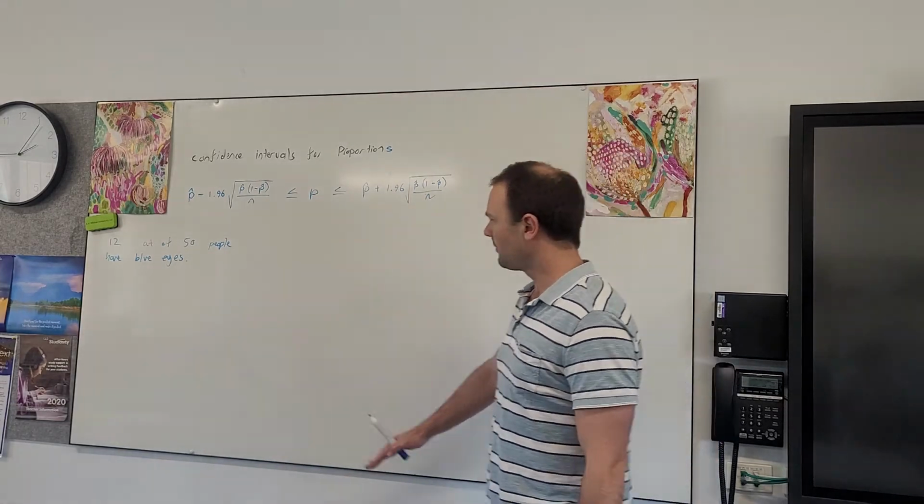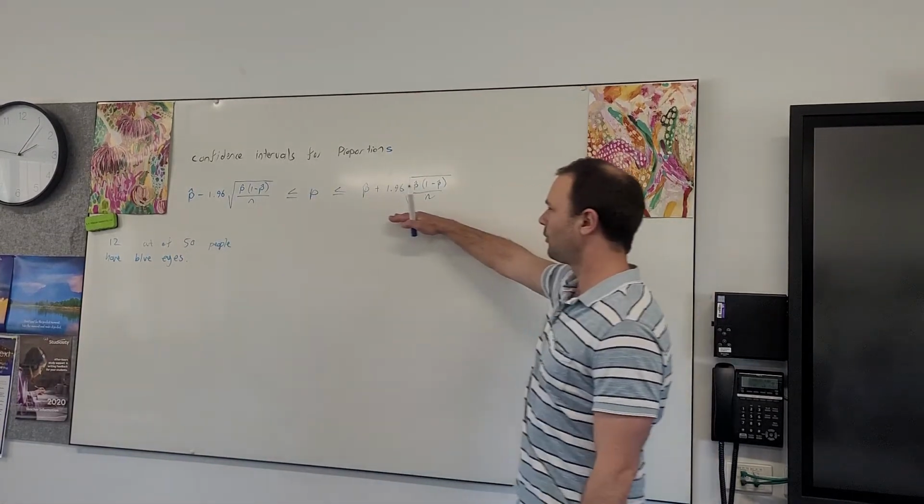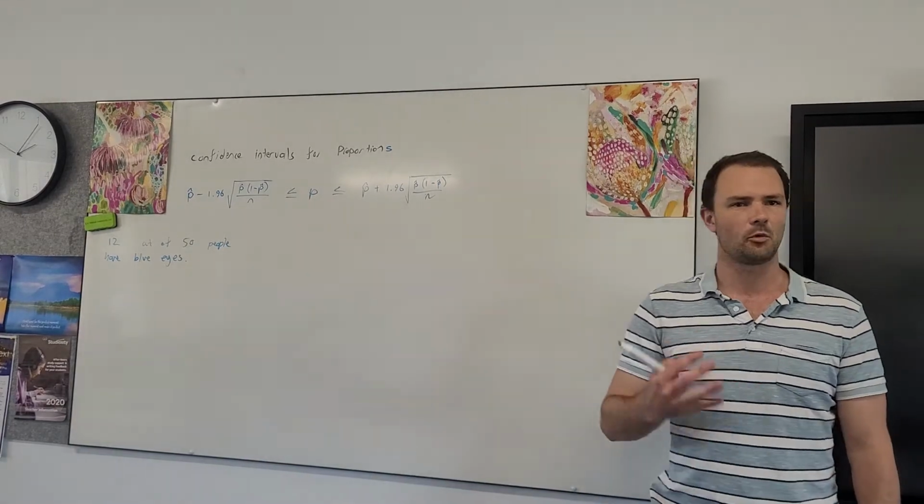So here's the formula for a confidence interval for proportions, and I'm going to explain what it means in the